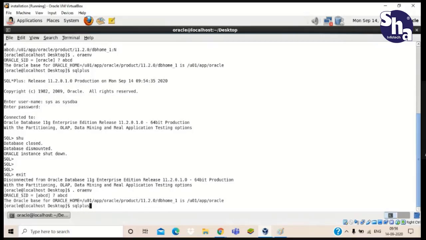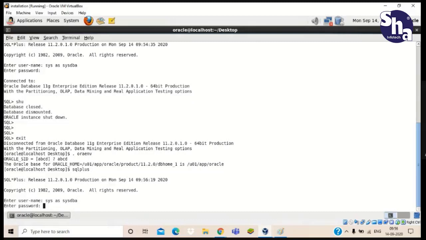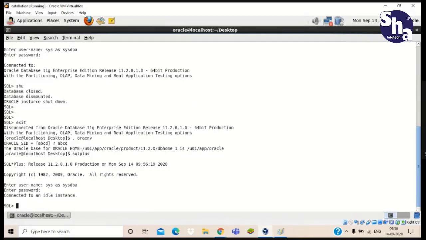What is the shutdown command? The database close is shown. You will get to know more detail about the shutdown command in DBA sessions. Basically, I am shutting down. Now you can see here, while connecting, it is written connected to an idle instance.